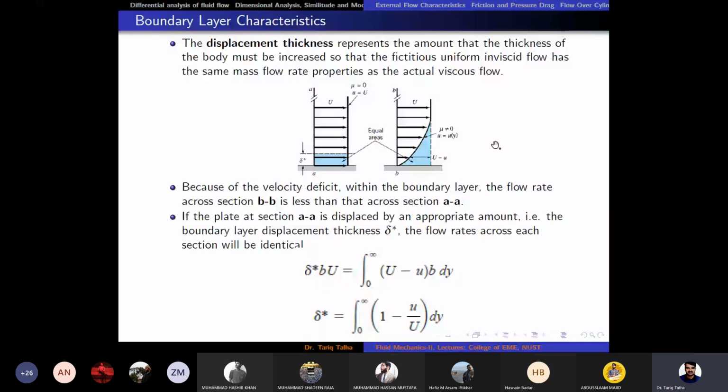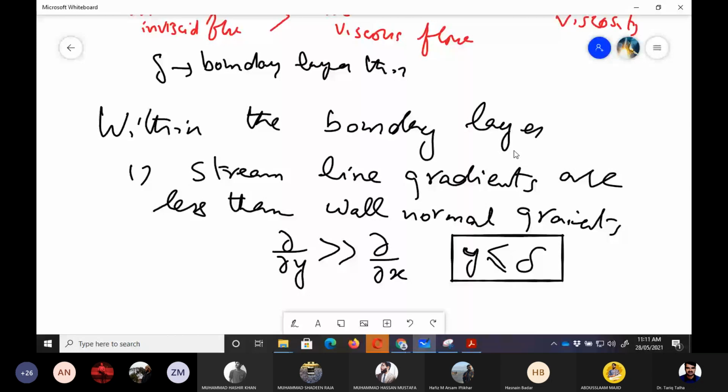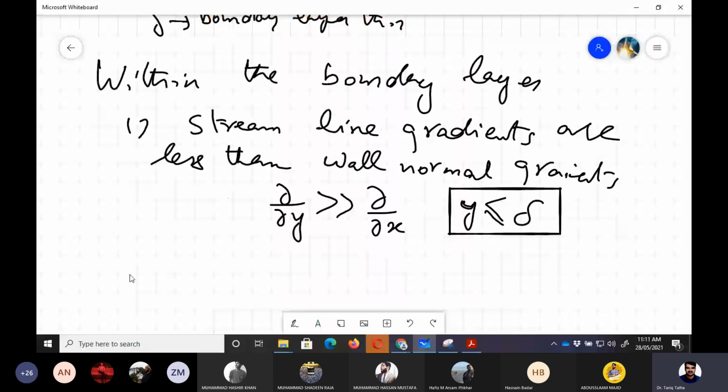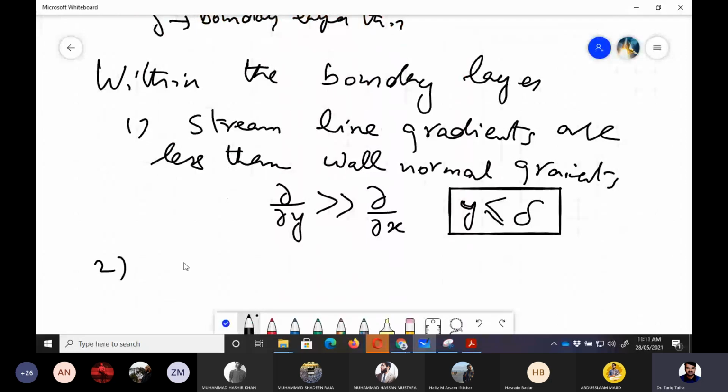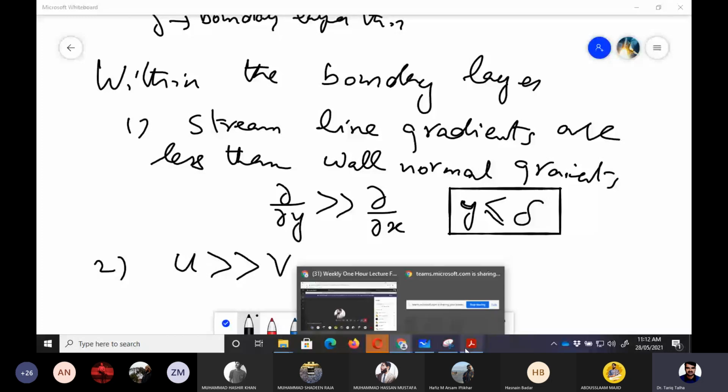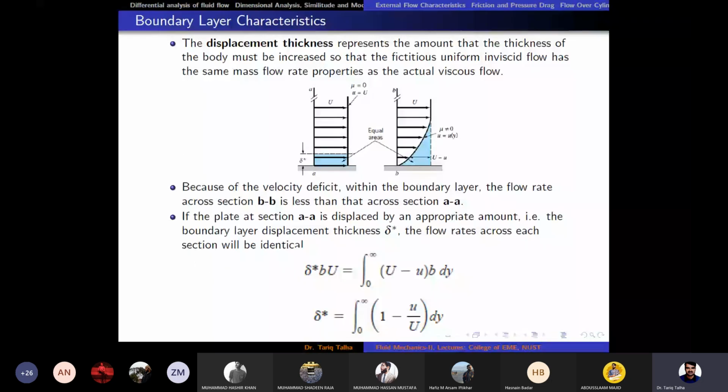So we can write that within the boundary layer, the u velocity is far greater than the v velocity. The v velocity is in the y direction, the u velocity is in the x direction. These are the two conditions which we can apply to the Navier-Stokes equation